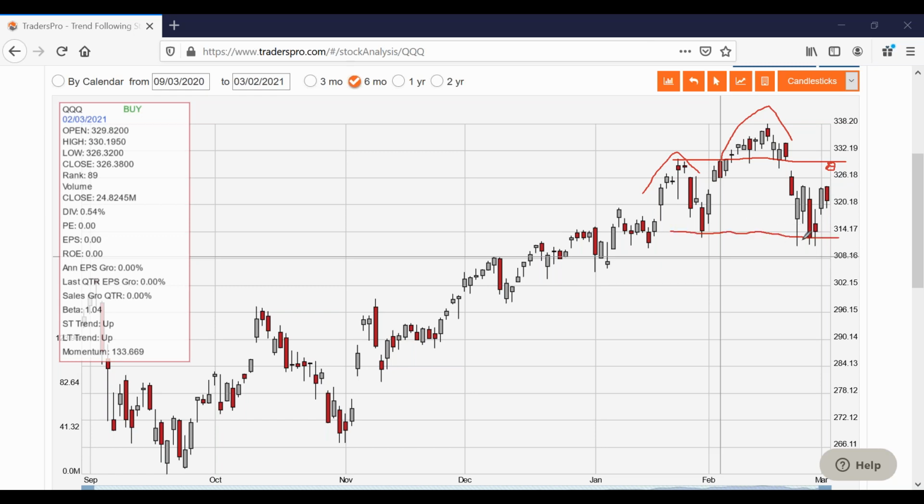The bottom line, though, this is key right here, is if we break that, and we know about how far it should drop too, if it does end up being a head and shoulders pattern, it could drop right here and still be a head and shoulders pattern. It's just, again, a lot of times those right and left shoulders will terminate about the same spot. But remember what we talked about, the inverse head and shoulders pattern. You take the distance from the bottom of the head to the neckline, and then project that upward. Well, it would be the opposite here. You take the top of the head to the neckline, you project that downward,